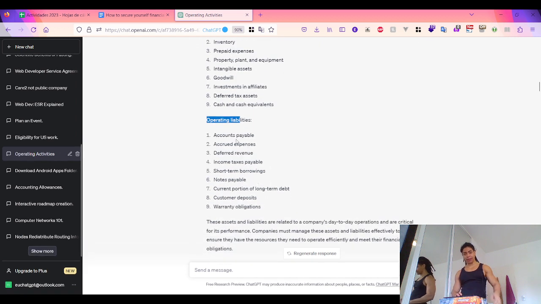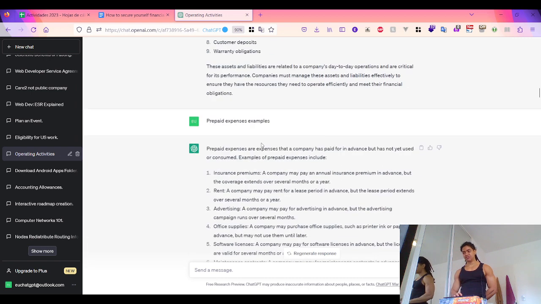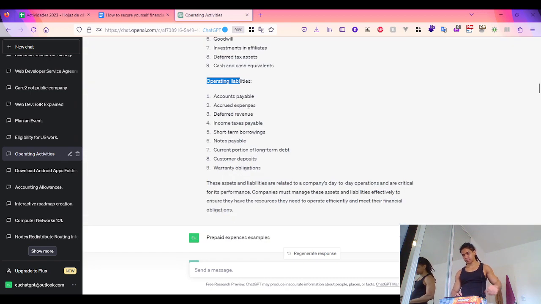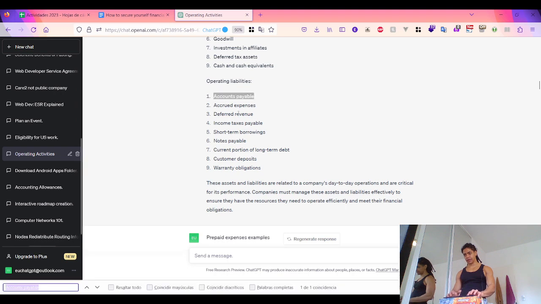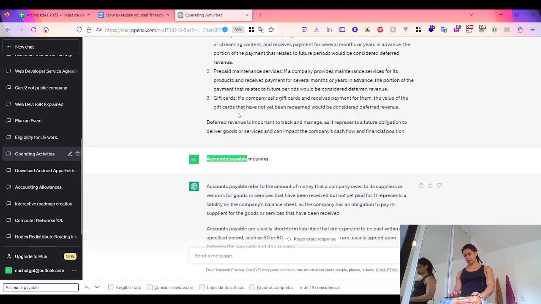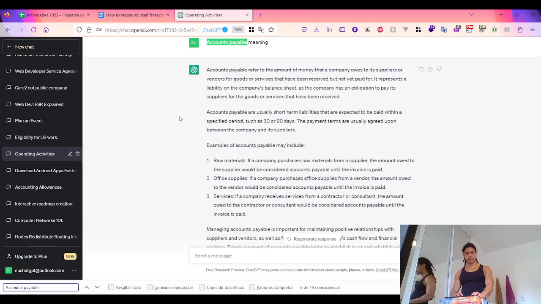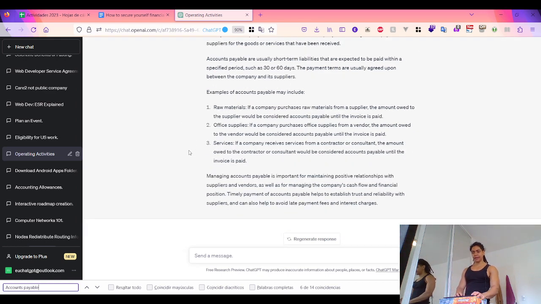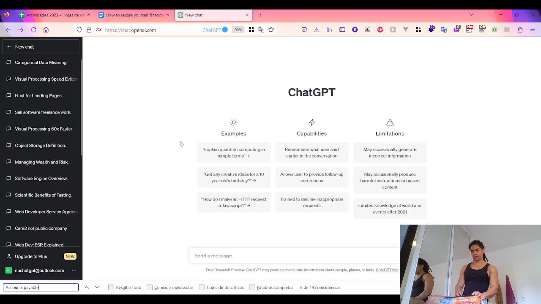So we have accounts payable, which is money that you owe to your suppliers and vendors for service that has been rendered to you but not yet paid for, such as raw material, service. So if I look at this, the accounts payable, you have raw materials, office supplies, service, and the other